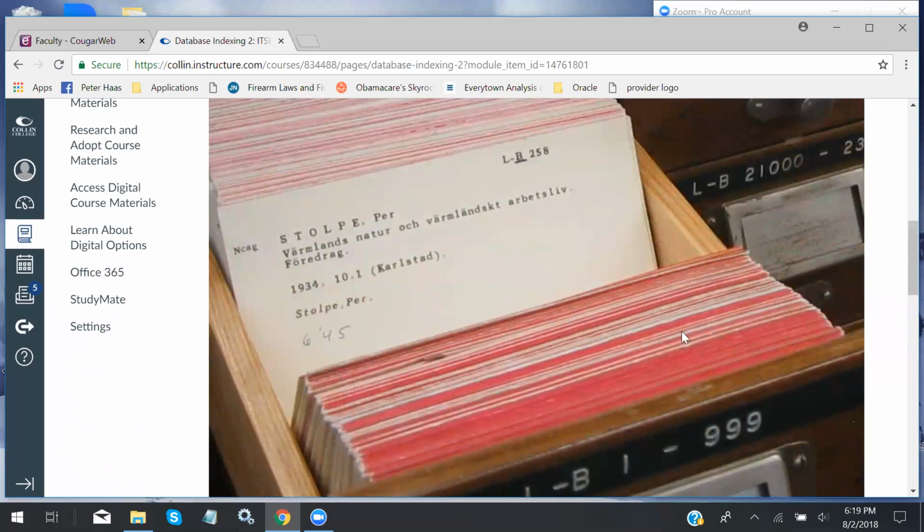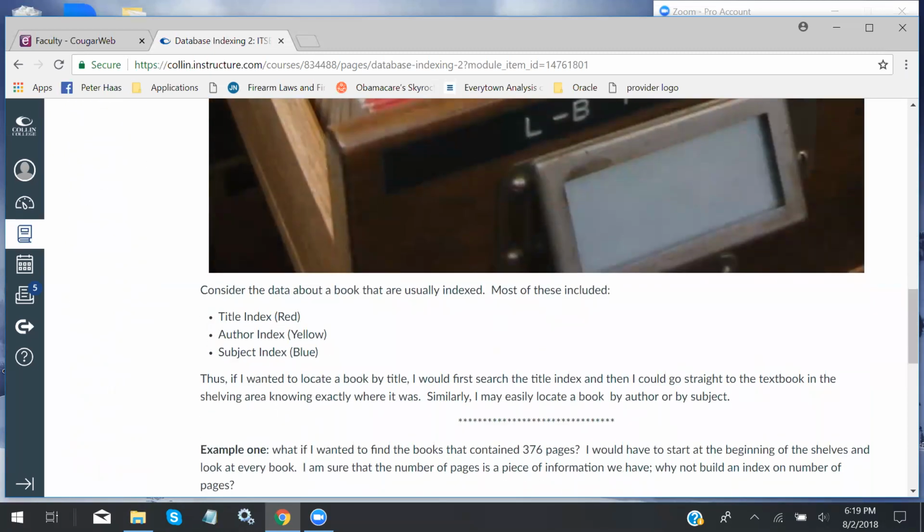In the physical index, we had the red index. The red index was red cards, or they were red on the end anyway. So when you opened the box, you'd see the red, and this was the title. If I knew the title of the book, I could search the red index and it would be indexed by title. So if I wanted to find, I don't know, Moby Dick,